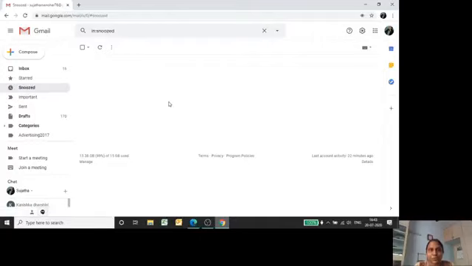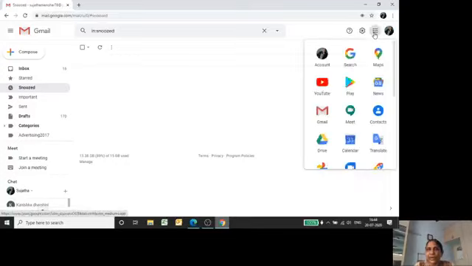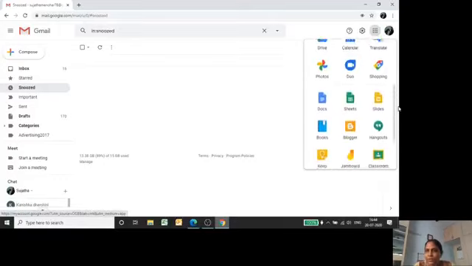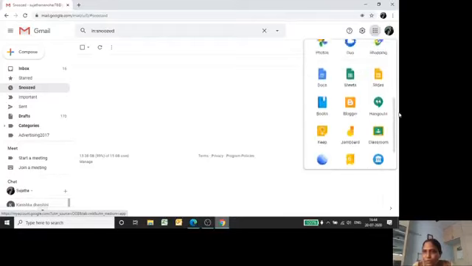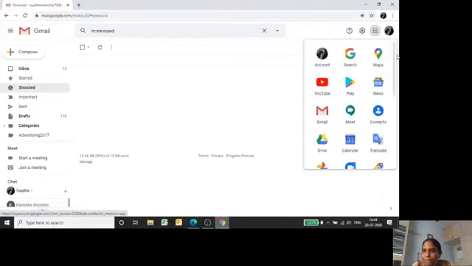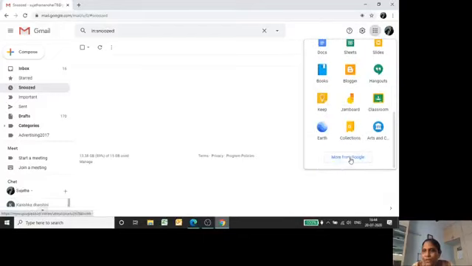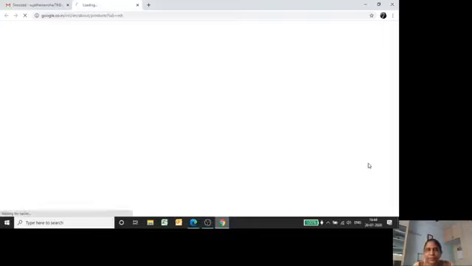How to go to groups? First step, you click on this, and you will see all the different apps. I'm already logged in using my personal Gmail ID. When I click on this, I get the list of Google apps. Now go to groups, look for groups. I think when you click on more from Google, you can see it.